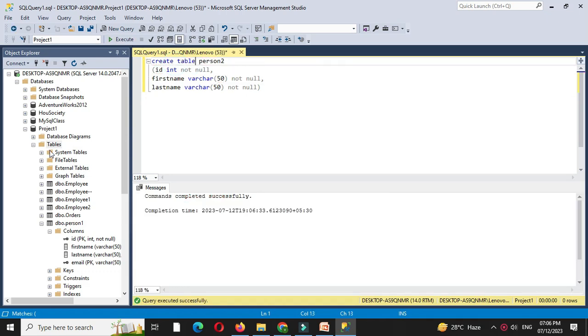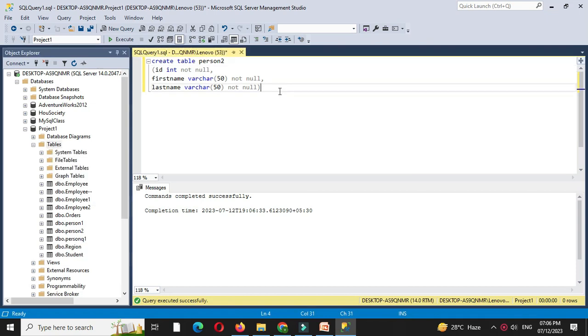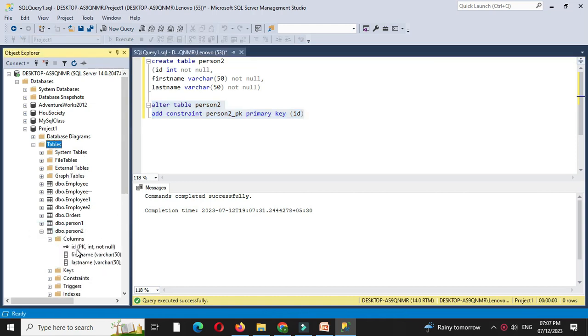It will create another table person2. Now we will add constraint to this table. So alter table person2, add constraint person2 pk, primary key for the field ID. Now we will execute this command. Here in the table the ID field is set as a primary key.